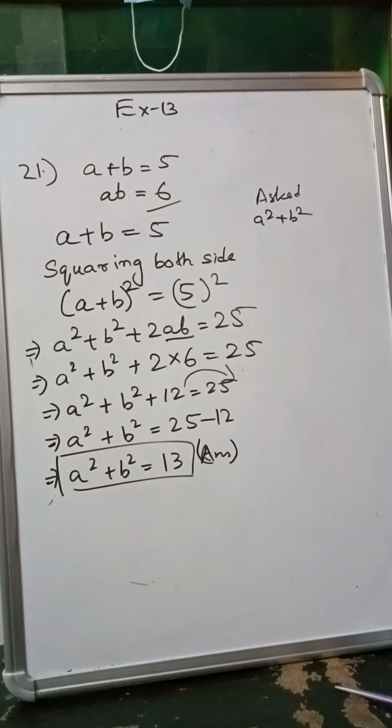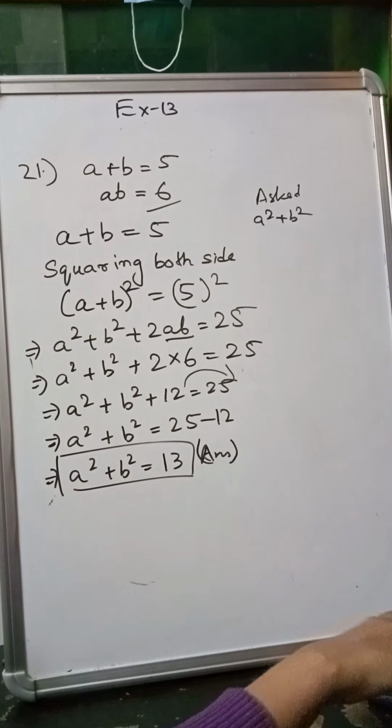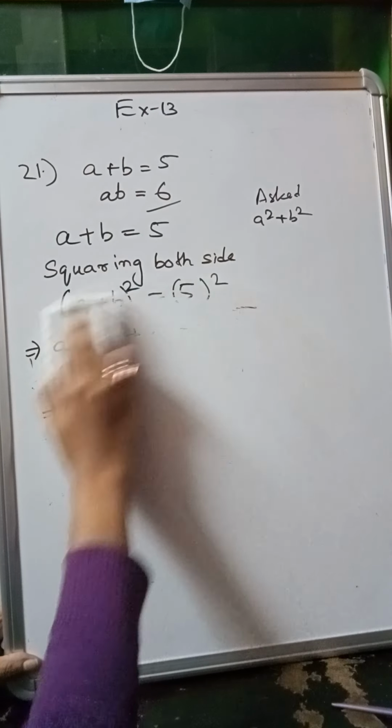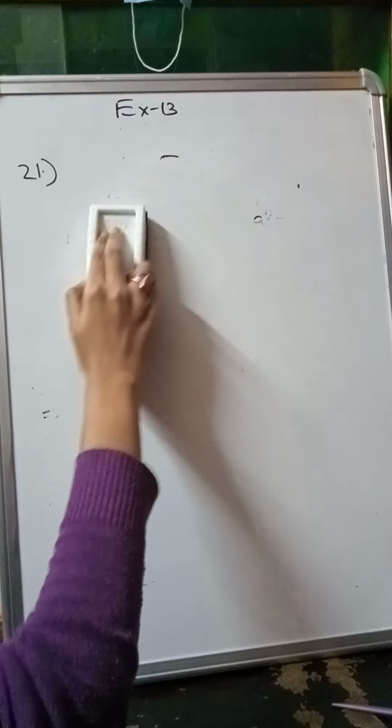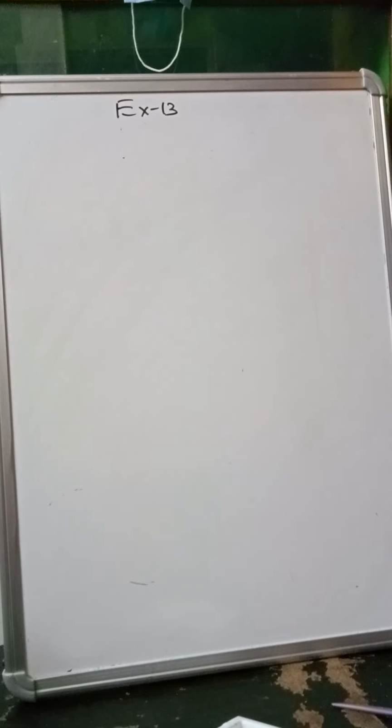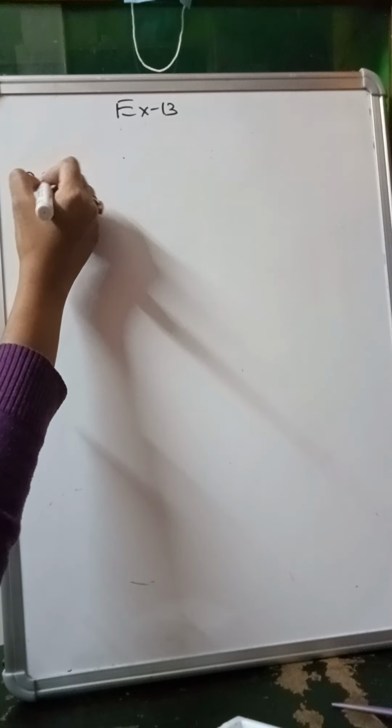Okay. So let us do one more of this type. So let us do sum number 23. In sum number 23 it has been said that if x plus y equals to 12 and xy equals to 35, find the value of x minus y whole square. Not identical, but similar type of sums. Okay, so let's do it. I hope this sum is clear.